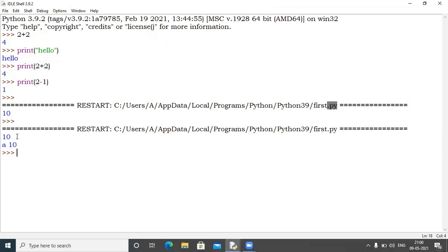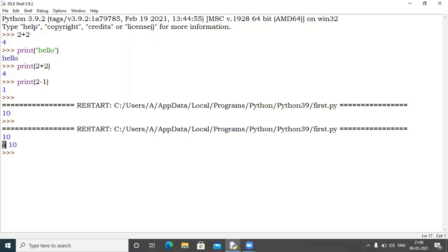See. Earlier it was showing here 10, because why it's showing 10 here? Because I wrote only print A. So it's showing here the value of A. In the second line, I have written print A in double inverted comma. So that's why A is displaying as it is.